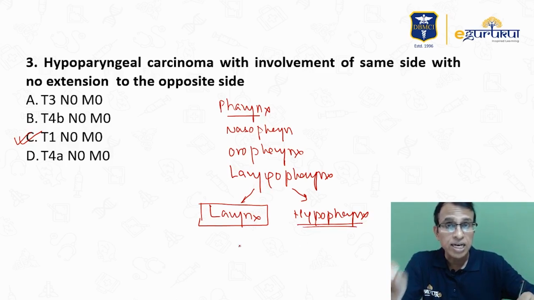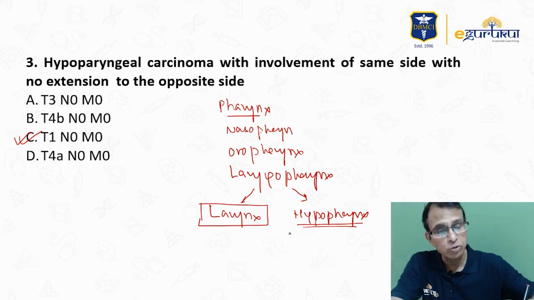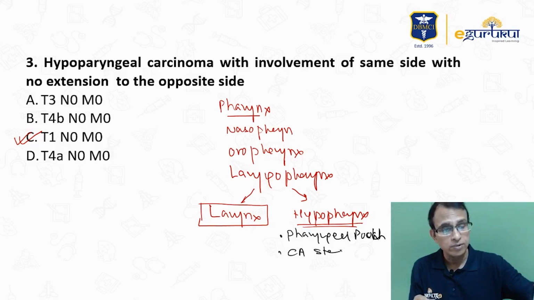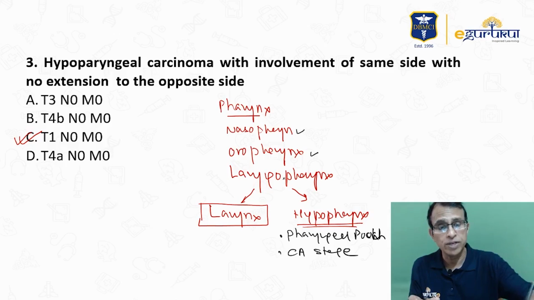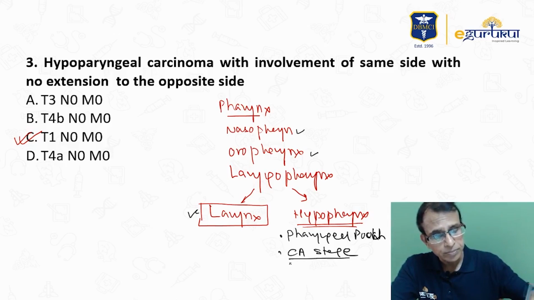But this time they asked you two questions from the hypopharynx. The Jenkins diverticulum we have just done, actually that question is from the hypopharynx. The pharyngeal pouch comes here. And now they have asked you carcinoma stage in the hypopharynx. So once again it proves that they have asked topics which are less commonly asked. They have not asked questions from the nasopharynx, oropharynx, or larynx, but they asked from the hypopharynx. Now hypopharyngeal carcinomas are seen most commonly in the pyriform fossa